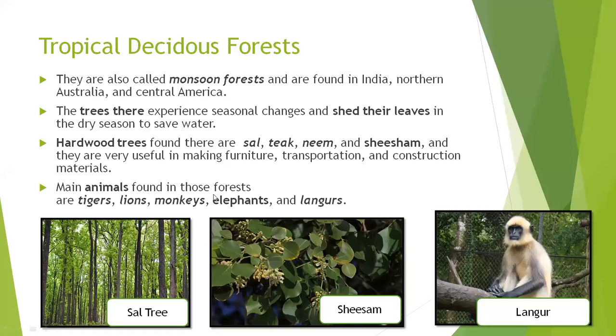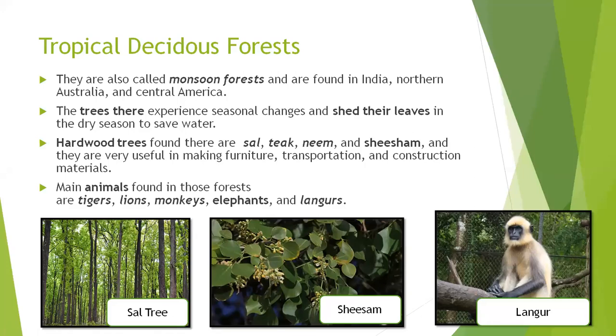Many animals found in those forests are tigers, lions, monkeys, elephants, and langurs. Just look at the picture of the langur here. We find so many animals here. Okay, this is the tropical deciduous forest. Now